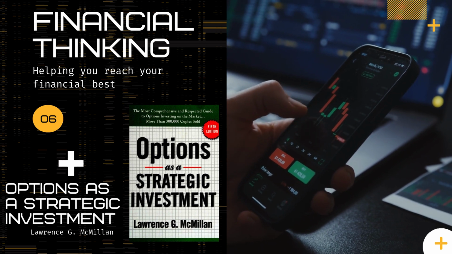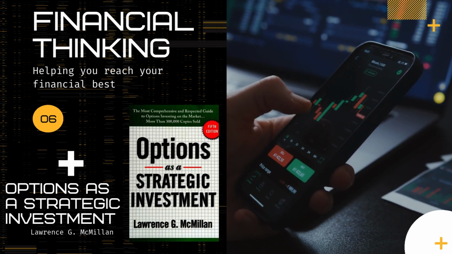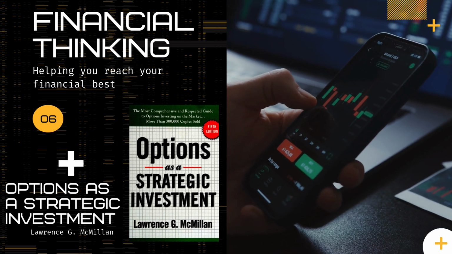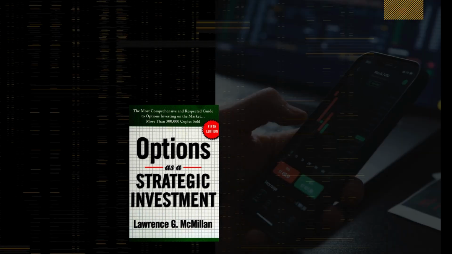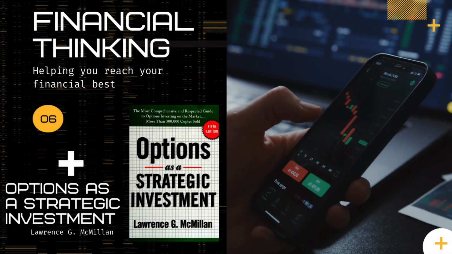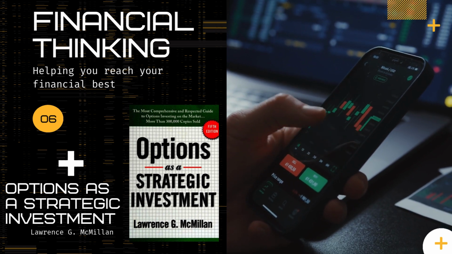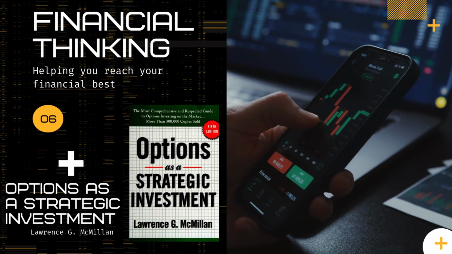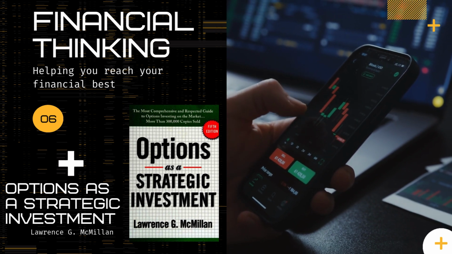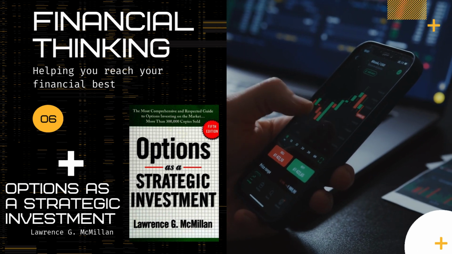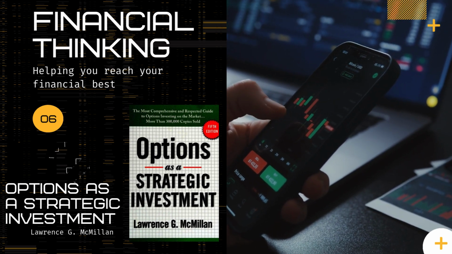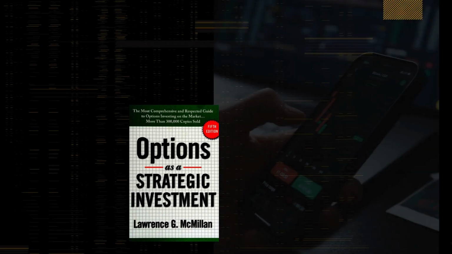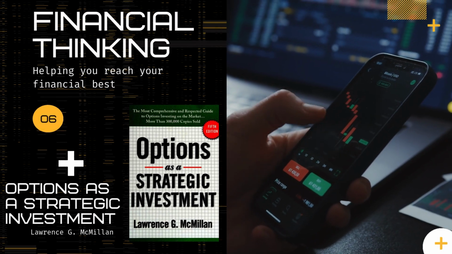Makes sense. So the book also mentions something called the strike price. How does that factor into the value of an option? The strike price, relative to the stock's current price, determines whether an option is in the money, out of the money, or at the money. Let's say you have a call option with a strike price of $50. If the stock is currently trading at $60, your option would be in the money. Because you could exercise it, buy the stock at $50, and then immediately sell it for $60, making a $10 profit. So in the money means you'd make a profit if you exercise the option right now.